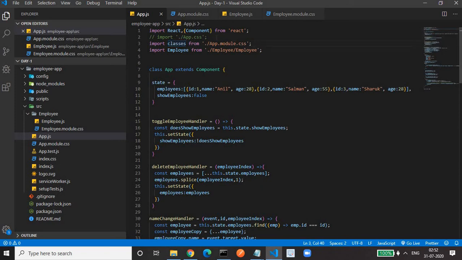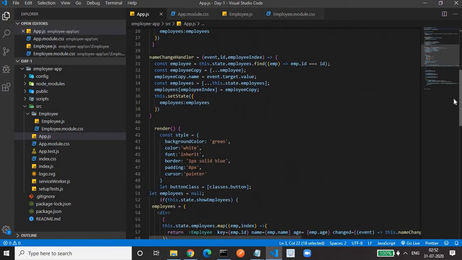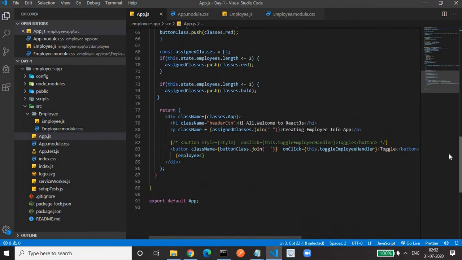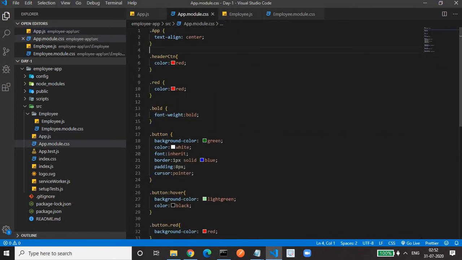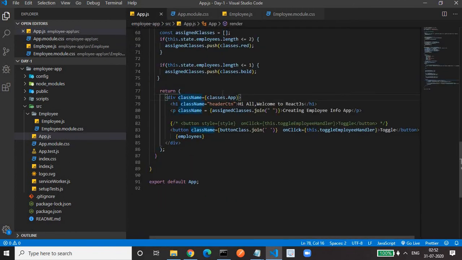After this import statement, we have to mention the class name. So we go to our return statement. Earlier I had written className equal to app, directly referring to this app, but now we cannot write that. We have to access that class by using classes.app, because classes is now an object having a property app.